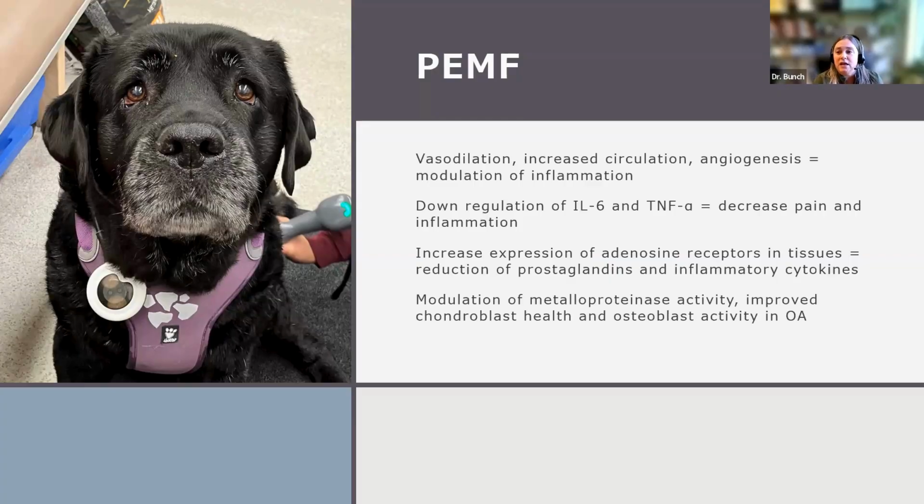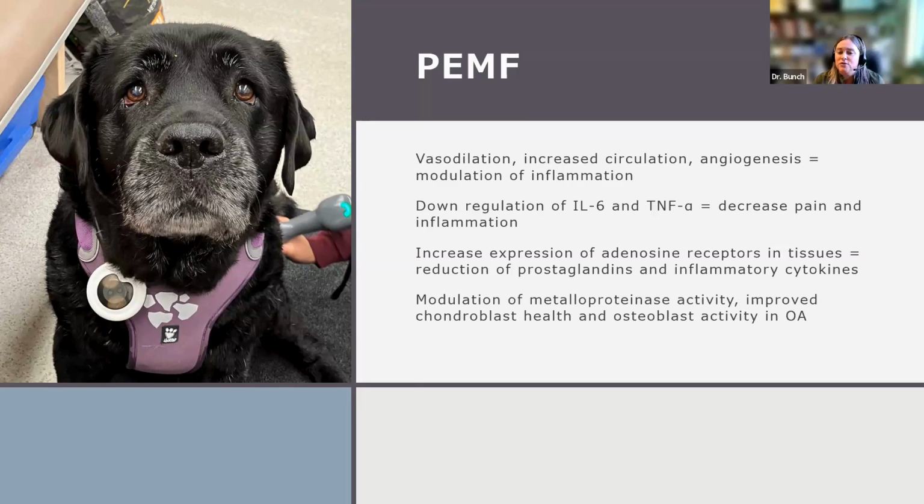So those things then cause these effects. We'll see a down regulation of interleukin 6 and tumor necrosis factor alpha. This is going to help decrease pain and inflammation again, which is great. There's also an increased expression of adenosine receptors in tissues, with which we see a reduction of prostaglandins